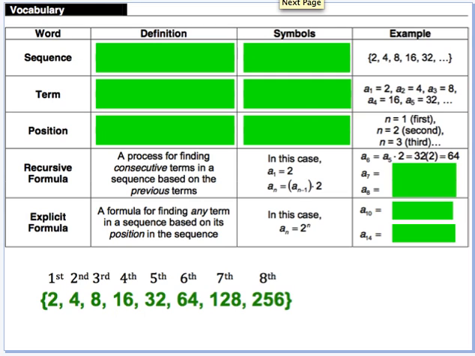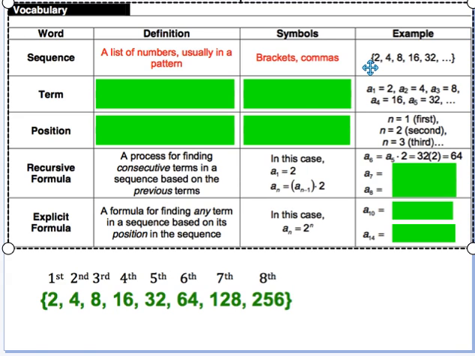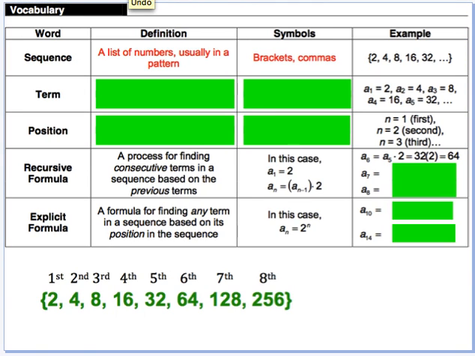So a sequence is just a list of numbers usually in a pattern. Okay, so 2, 4, 6, 8, that's a sequence of numbers. Your symbolism that you're going to use for that are brackets or commas. Notice here I have these little sideways mustaches or brackets, okay? And I separate each term by a comma,